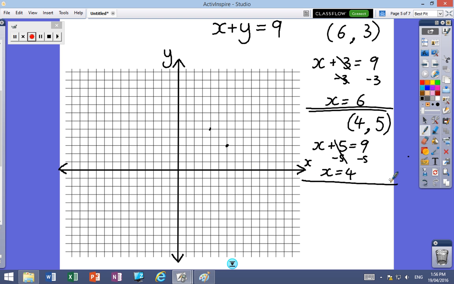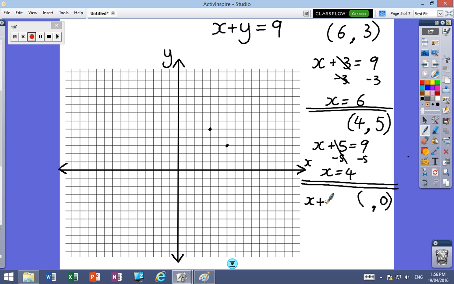Let's do one more point. But actually, I'm going to do one of the easiest points, if not the easiest point we can possibly decide on, and that's by replacing the y with a 0. Have a look at what happens when we replace y with a 0. When I substitute, when I say off you go y,